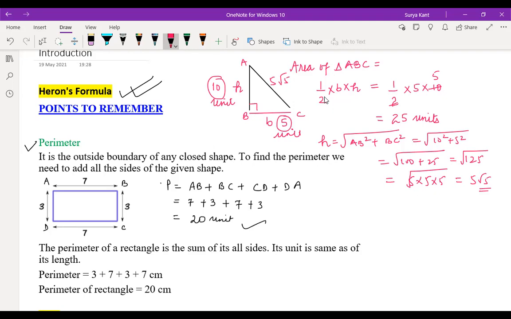If I ask you, what is the perimeter of this triangle ABC? What is the perimeter of triangle ABC? What is perimeter? Do you know? Udbhav? Udbhav, can you hear me? Udbhav? Satvik. What is perimeter? Do you know? Both of you children? Can you hear me, Satvik?